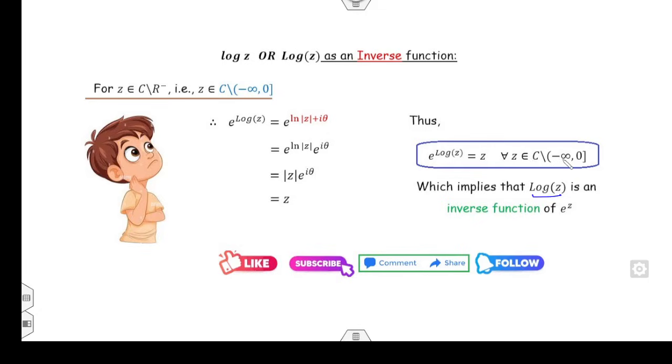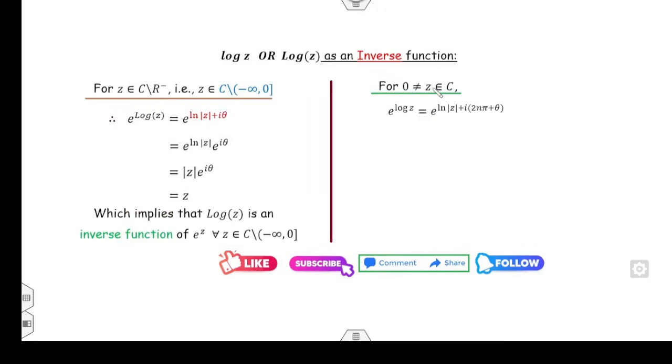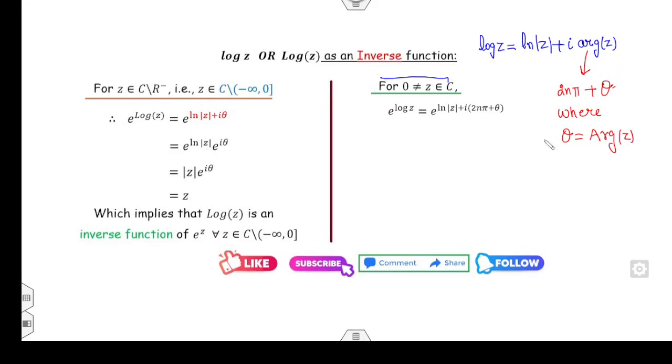सेकेंडली, अगर आपकी domain जो है वो complete complex number है लेकिन जीरो नहीं है, then I can start with log of z। फाइन, log of z की definition क्या थी, ln of z plus iota times small arg of z, और small arg value क्या थी, 2nπ plus theta, where theta की value क्या है आपके पास, capital ARG। फाइन, मैं इसको फिर से अलग अलग कर दे रहा हूं, it is e^ln of mod z, फाइन multiplied by e raised to power iota (2nπ plus theta)। Fine, so this number will be mod of z and it's e raised to power iota (2nπ plus theta)।